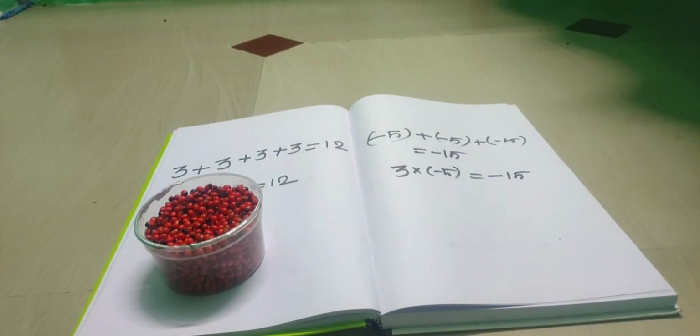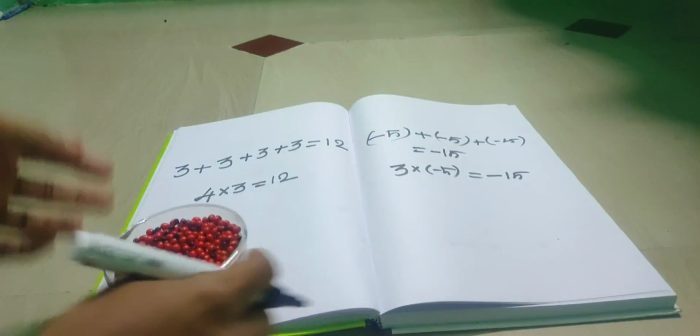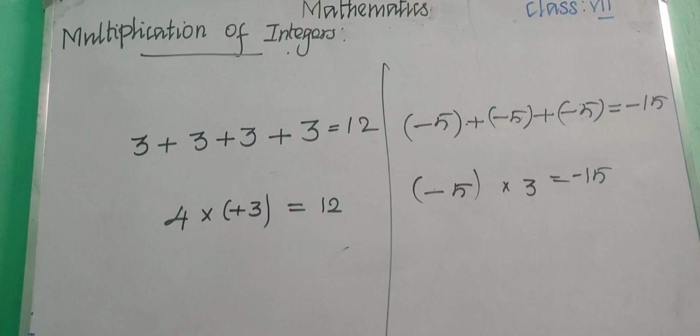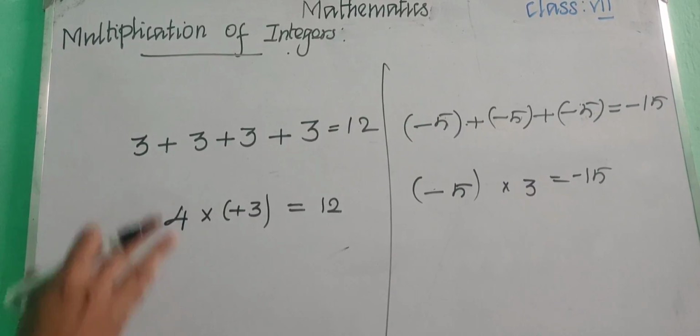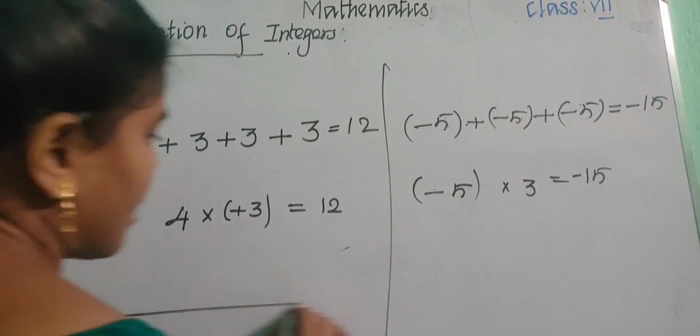We had learnt multiplication of integers by using this rosary pea, right? So let us learn it properly by using a number line. I had explained this by using that kunnimuttu, right? So let us learn the multiplication of integers by using the number line. Okay children, let me show you this by using a number line. Let me draw a number line.